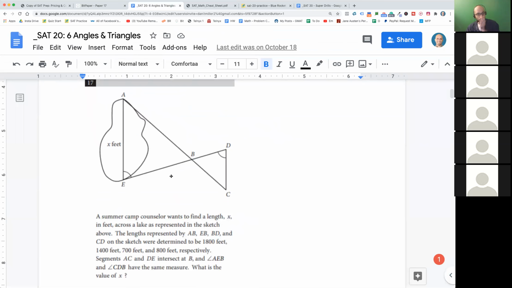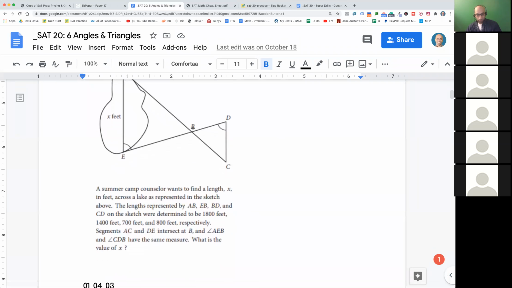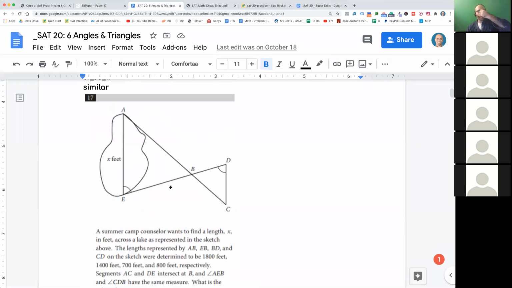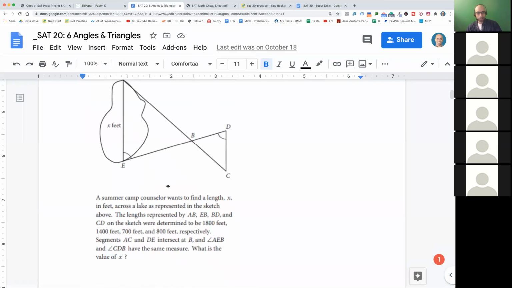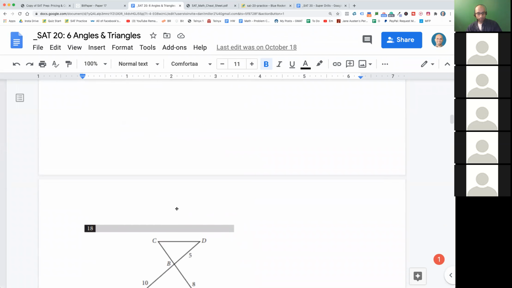This is an SAT problem, okay? Extremely similar. Remember, they're also telling you all of this. As soon as you see two triangles and they look kind of similar, you just jump in and solve it. Okay, you don't need to read too much about it. Okay, another problem maybe let's look at is